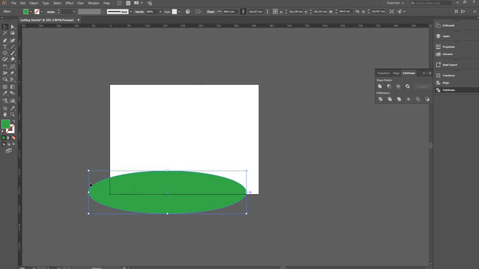I create using a rectangle tool. Then with the ellipse tool I create a circle like this, and I hold Alt on my keyboard and duplicate it